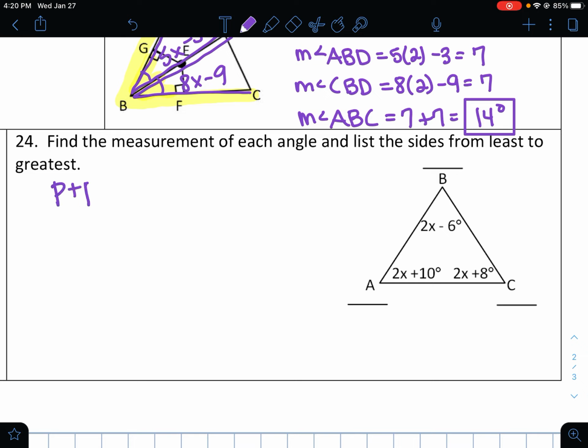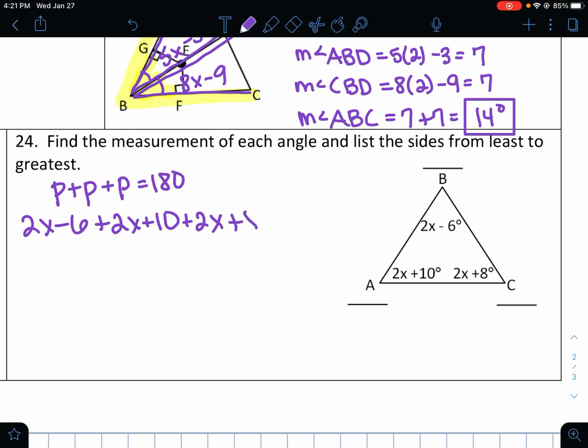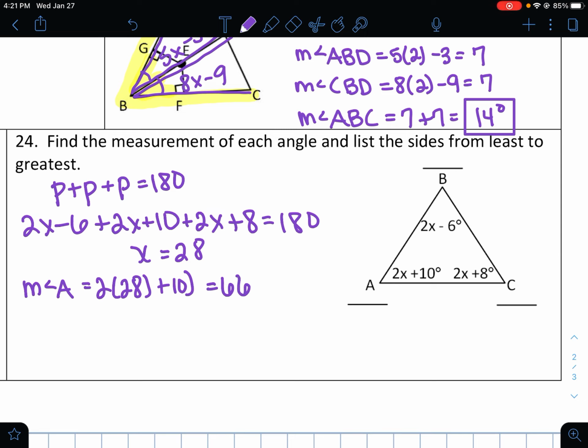So again, this is an angles problem. Part plus part plus part equals 180. And we're going to add all those parts together. And we're going to solve for x, and we're going to get 28. Then we're going to plug that back into each one. So the measure of angle A equals 2 times 28 plus 10, which is 66 degrees. The measure of angle B is 2 times 28 minus 6. I put an extra parenthesis there for no reason, which equals 50